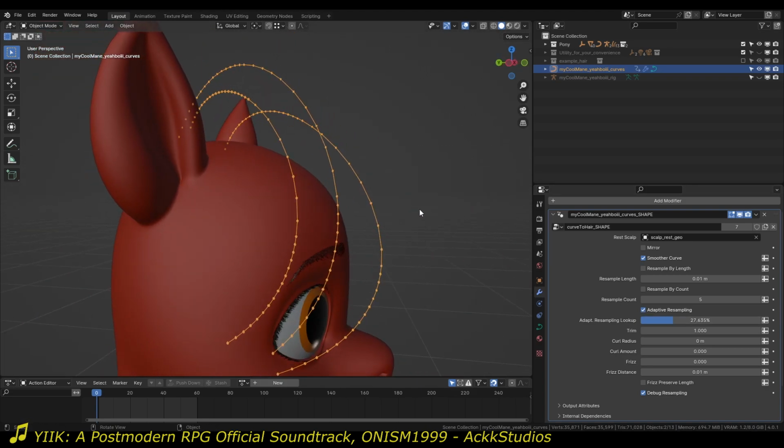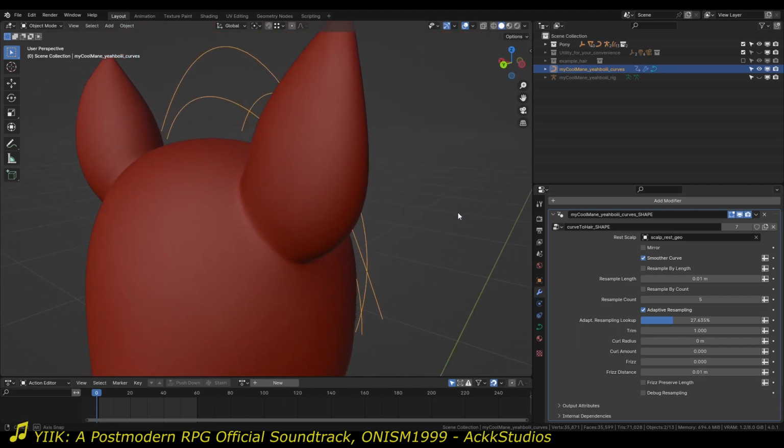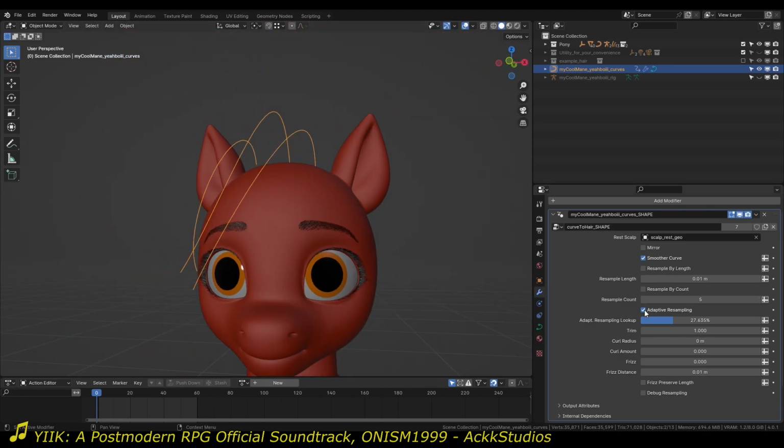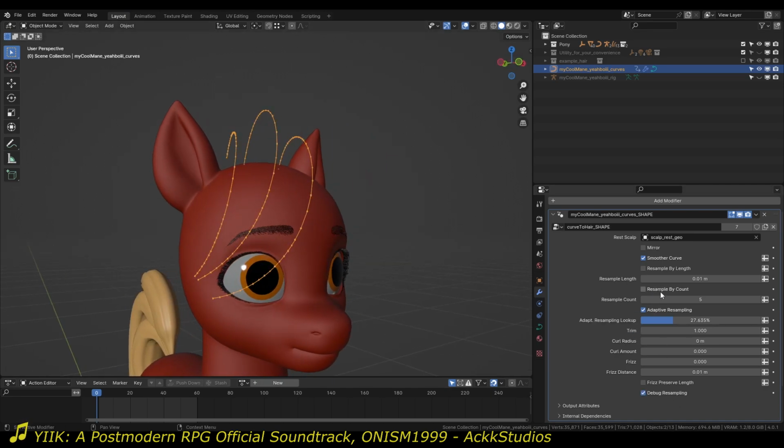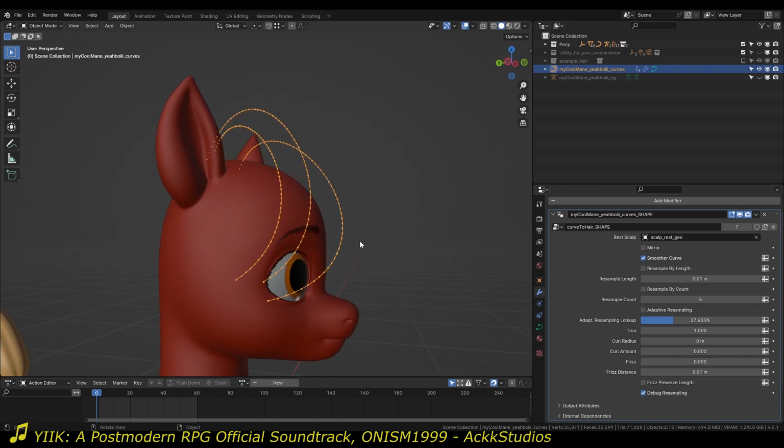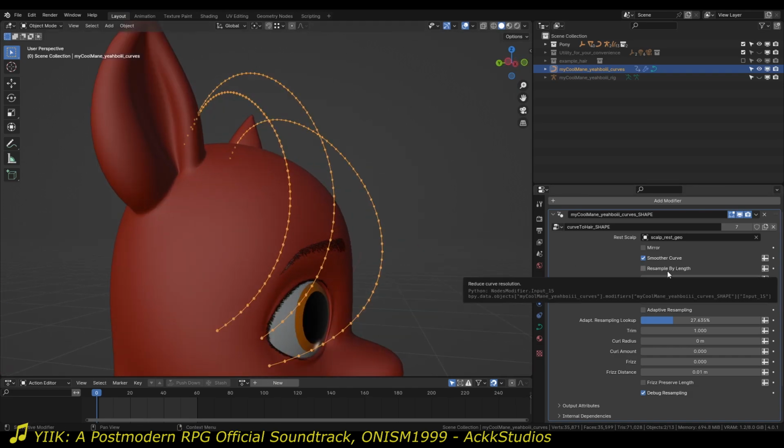So by raising this, you keep more points, and try to raise it until you see that it keeps the shape. Actually, if I turn it off, you see those points were not contributing at all, so they're not needed, so that's good. You've optimized your curve. So that's what it does. There are a few other methods that you can use here. If I disable this for a sec, resample by length